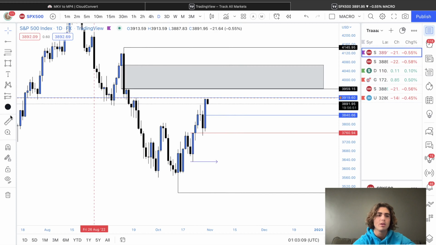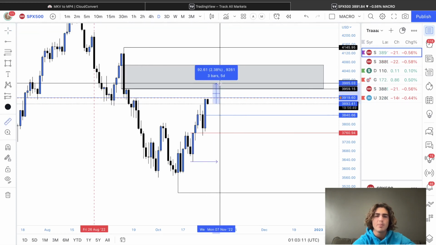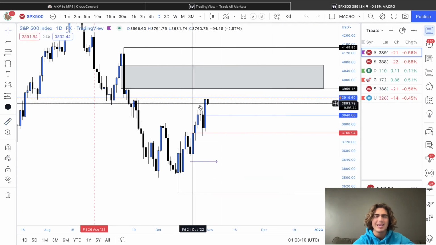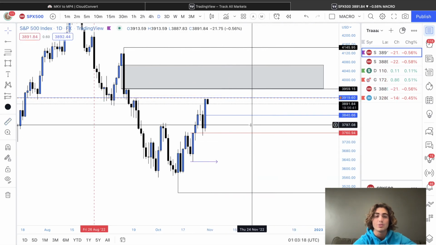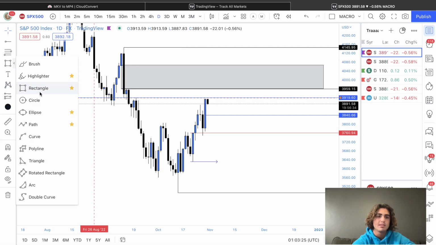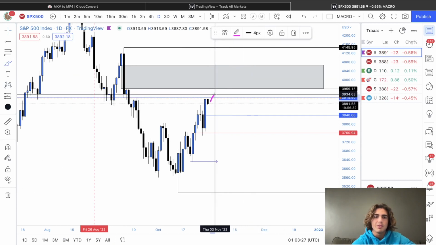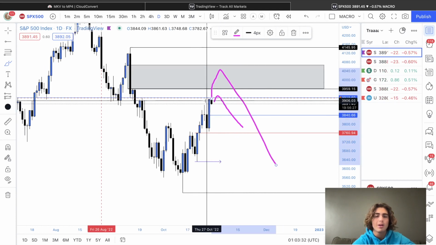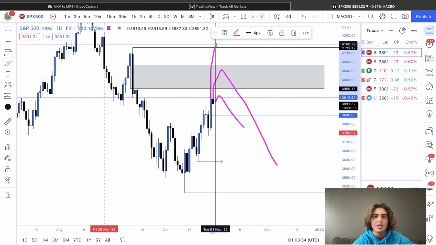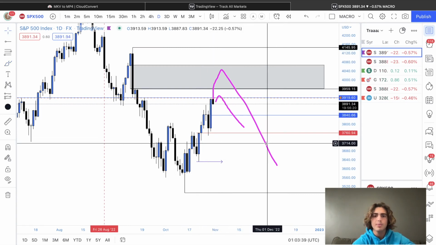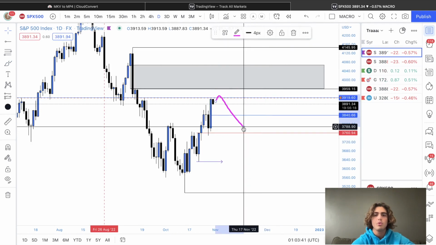I'm probably looking for a move up into here, and then major capitulation down. And I can't tell you if that move down is going to happen within this week. It's really up to the market. I can just tell you that my best guess is we come up either here and then go, or come up in here and go, or last resort, come up here and then go. Okay, and you're probably saying, well, you just gave me 3 potential scenarios. How am I supposed to know which one's which?